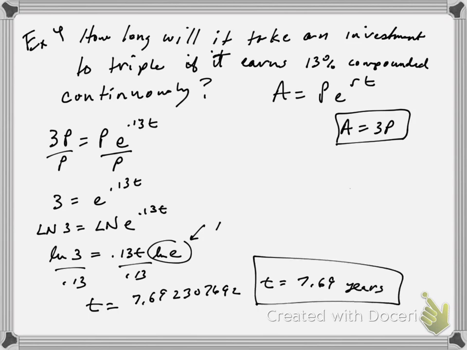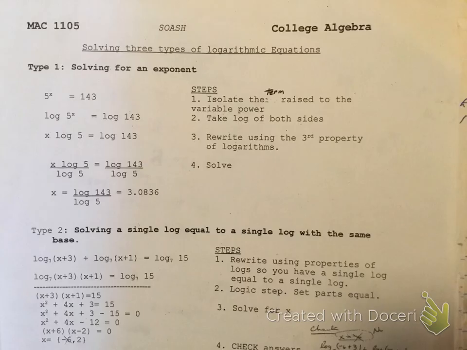So that's what you do with the e involved, is you definitely want to do a natural log so you can save yourself the hassle of trying to divide by the natural log or the log of base 10 with a number like e, the log of e with a base 10. Alright, so that's the first type. The second type